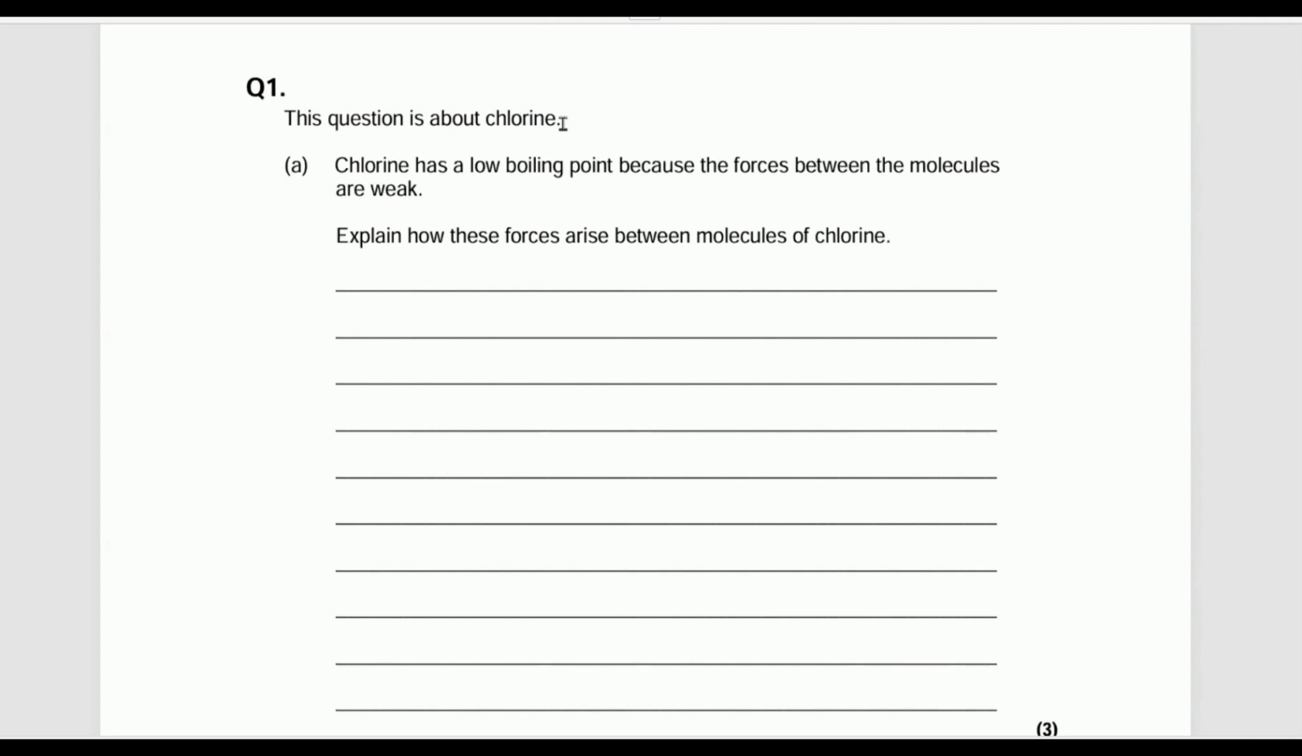This question is about chlorine. Chlorine has a low boiling point because the forces between the molecules are weak. Explain how the forces arise between the molecules of chlorine. So what we want to look at here